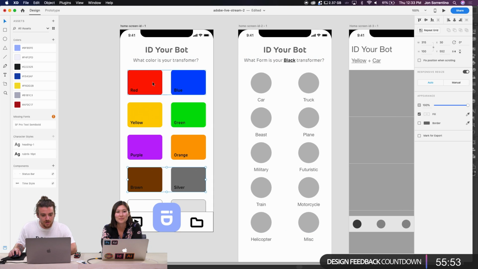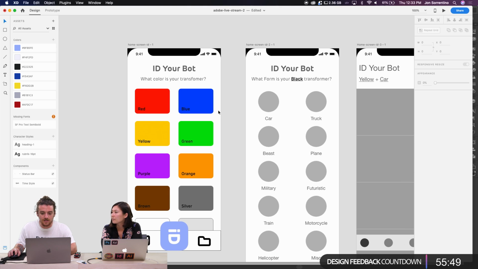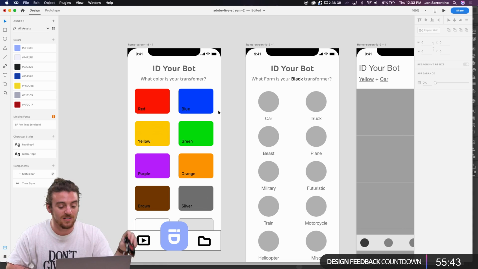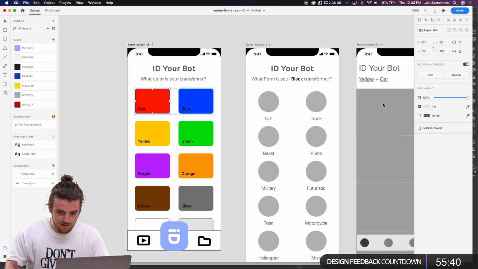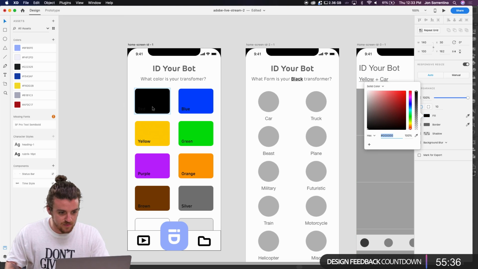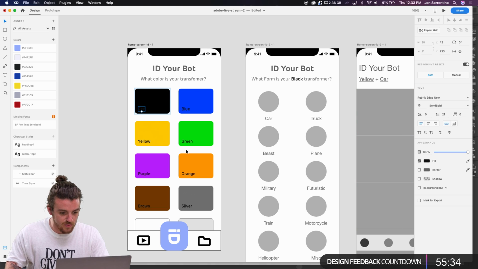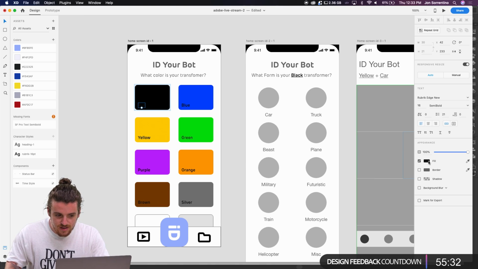I actually want to go back in here because, for the prototype, I have this idea of being able to select the transformer that we're going to try to identify today, which is this one right here. So I need to go back in and make a black color block. This one is going to be black, and then we run into our problem where we need to make the text white or something.